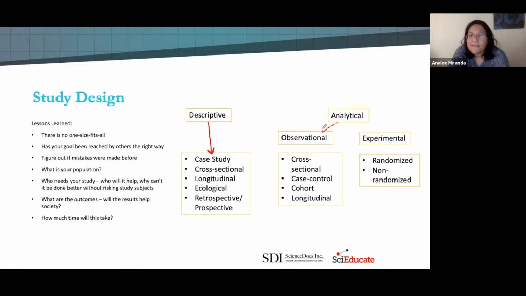If you're thinking about analytical data, then you can break this apart into observational or experimental, okay? And so with observational, again, you can have cross-sectional data, case-controlled data, cohort data, longitudinal data, okay? So if you're not too familiar with some of these terms, cross-sectional data means that you're not considering time. You're considering everything in non-temporal terms. So you're not measuring the time when you're thinking about the data,